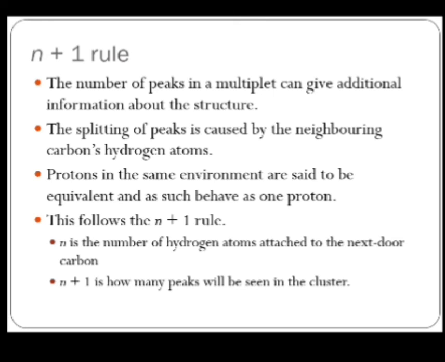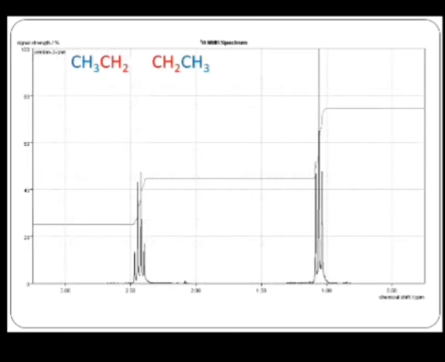The number of peaks in a multiplet can give additional information about the structure. The splitting of a peak is caused by the neighboring carbon's hydrogen atoms. Protons in the same environment are said to be equivalent and behave as one proton. This follows the n+1 rule. N is the number of hydrogen atoms attached to the next door carbon. N+1 is how many peaks will be seen in the cluster. So friends,